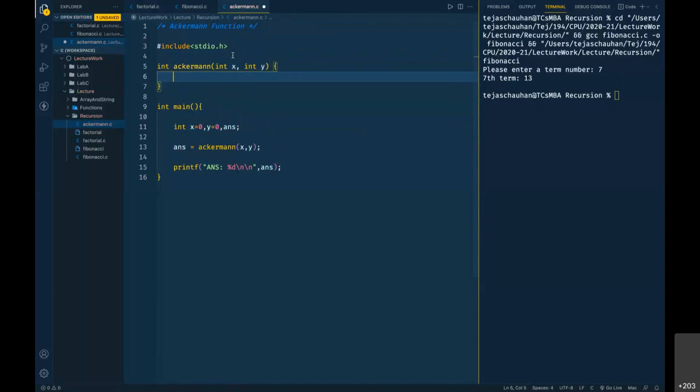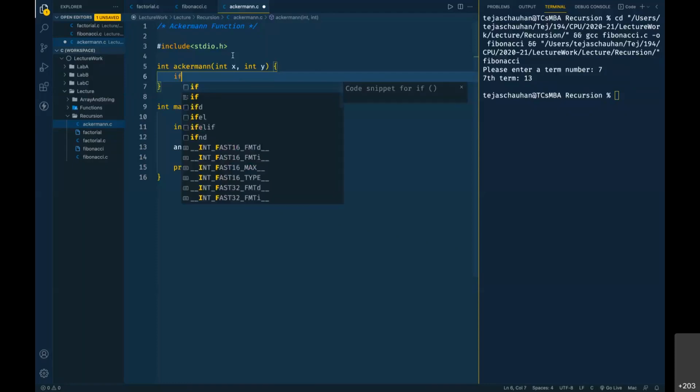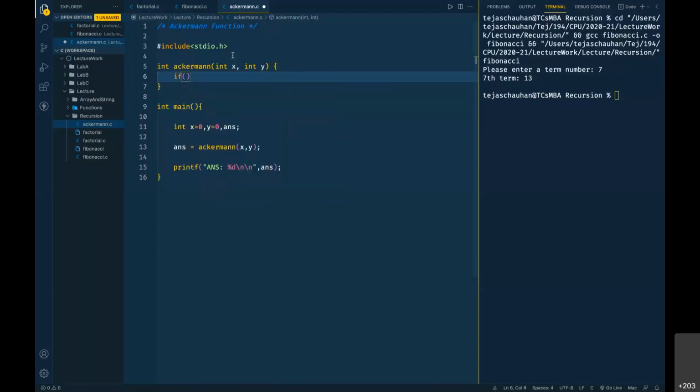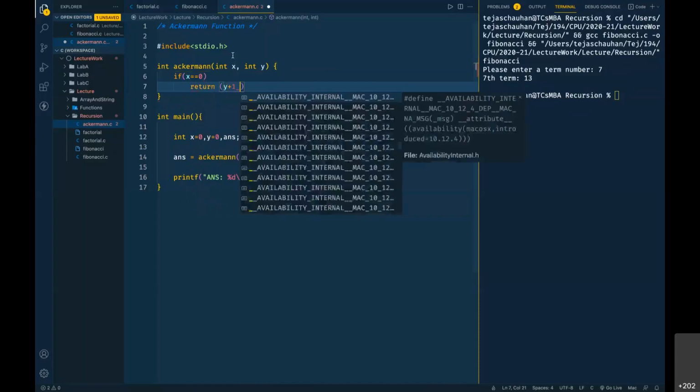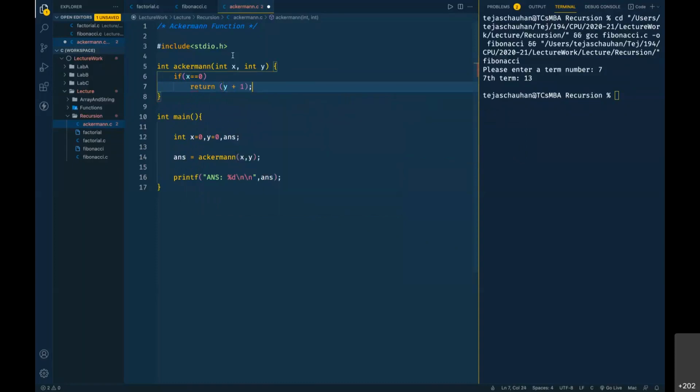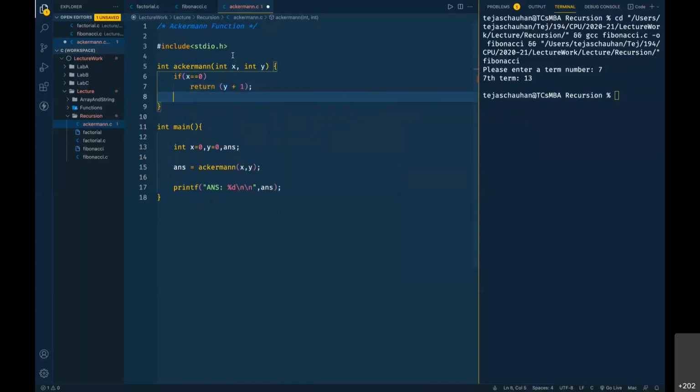Inside that function body, we need those three cases: one base case, and two recursive cases. The base case is where if your X is double equals to 0, then we return Y plus 1. That's the base case, return Y plus 1.